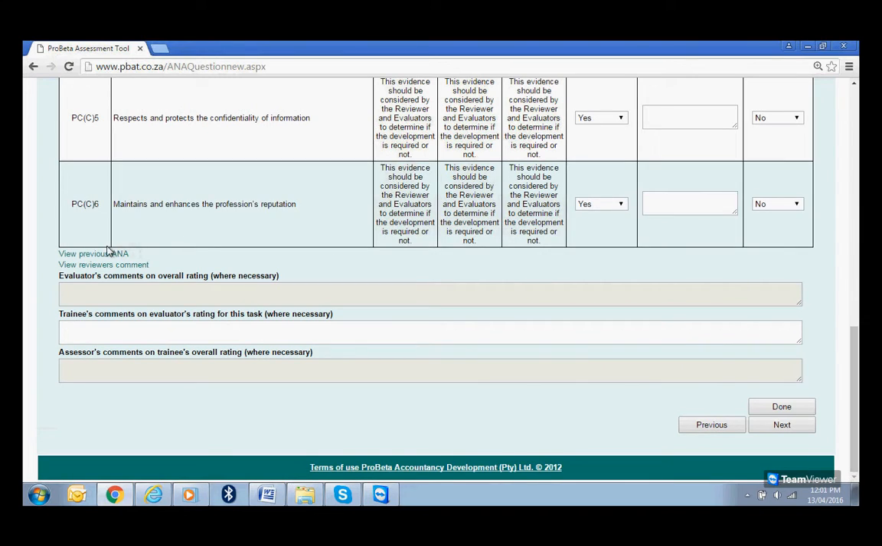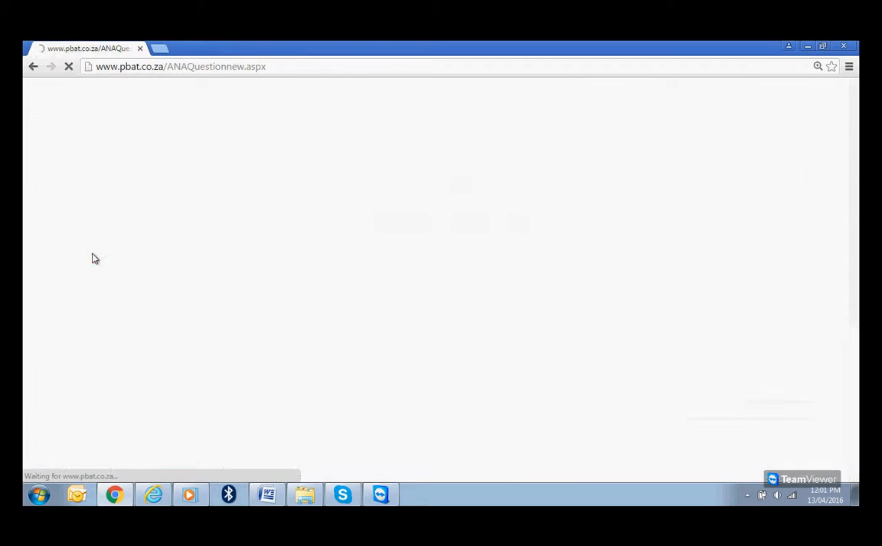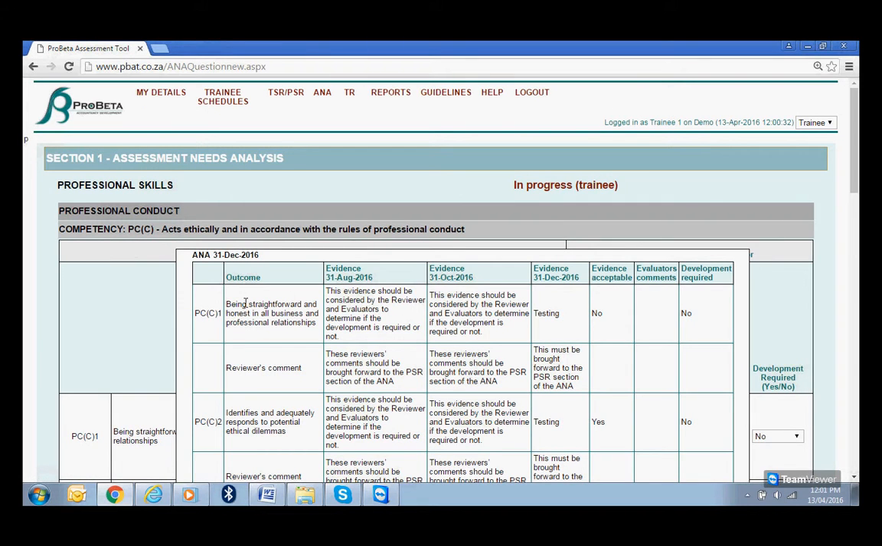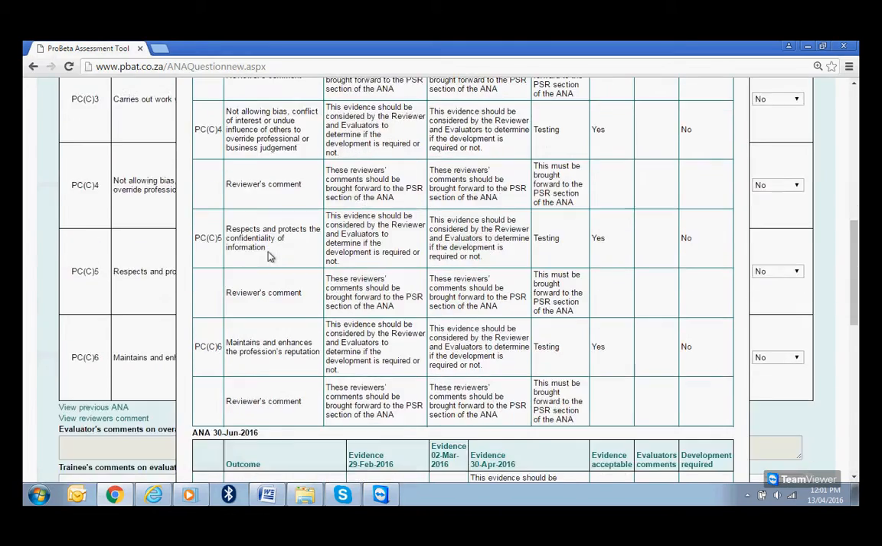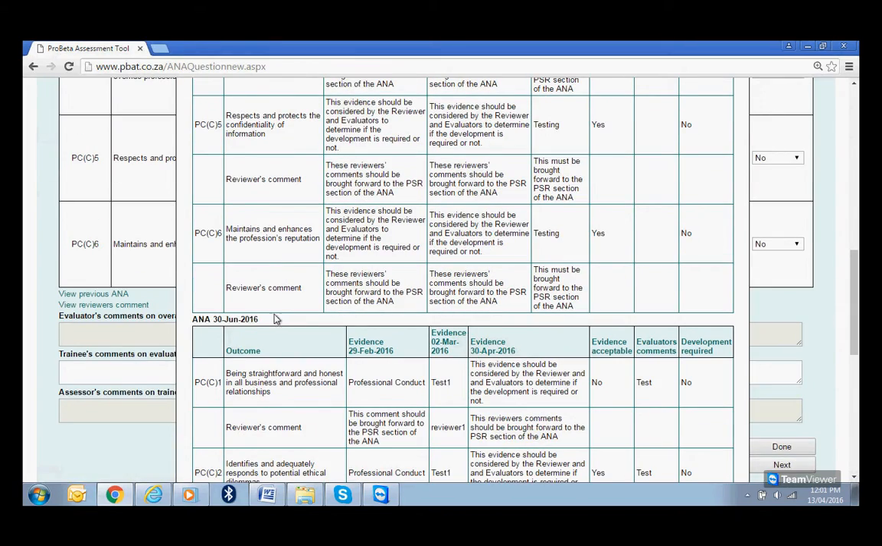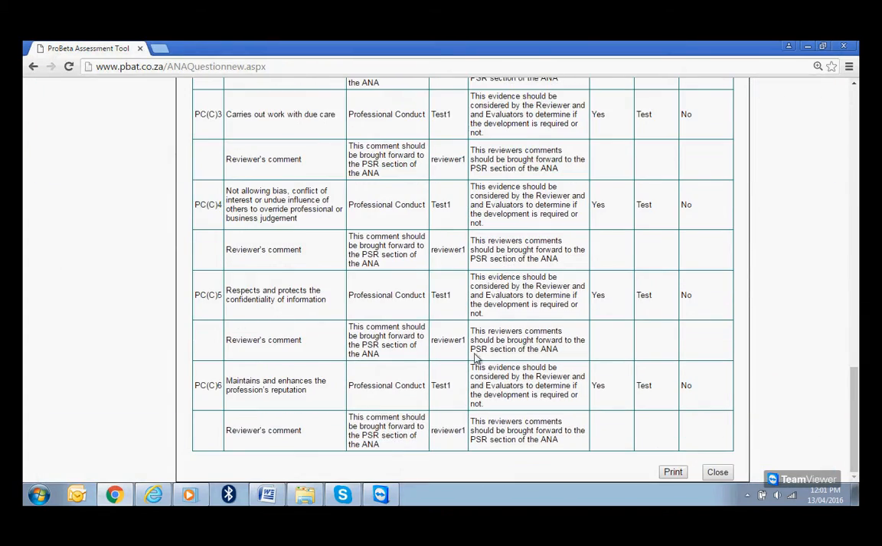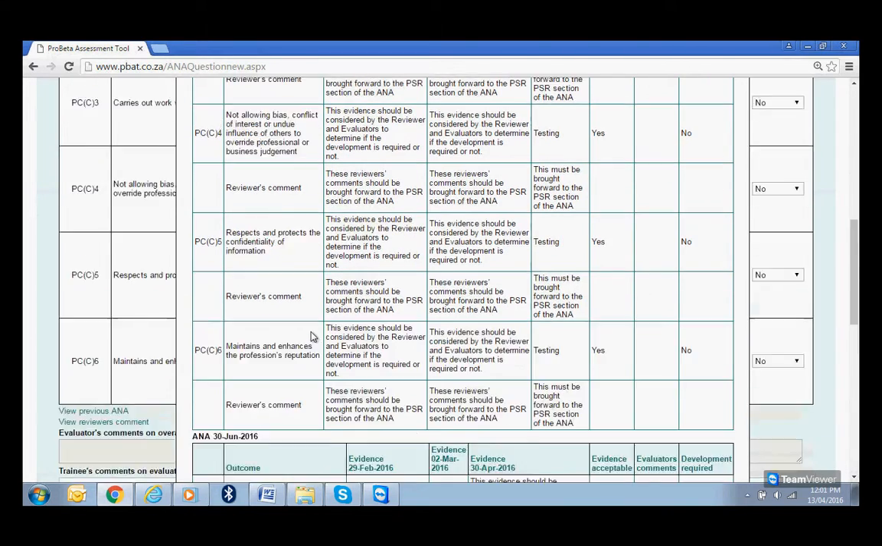They were required to retain evidence of all professional conduct they would have demonstrated since the inception of their training contract. Click on this link, and it will display such information for previous ANA periods. So this will be an ANA period, the last one we just had, the 31st of December 2016. And if you scroll down again, it'll go to June 2016, which was initially the first ANA that the